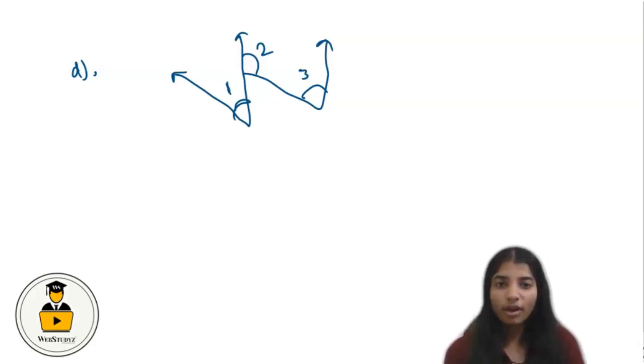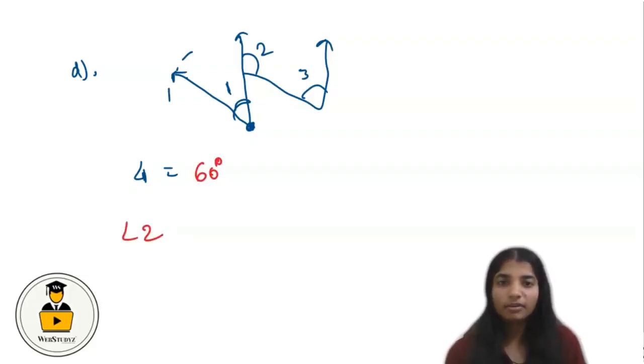Again we are going to rearrange this. If we are considering angle 1, we are going to arrange the protractor in such a way that the center point of the protractor must come at its edge. After placing the protractor, we get the value of that angle using the scale. When we measure that, we got the value of angle 1 as 60 degrees.